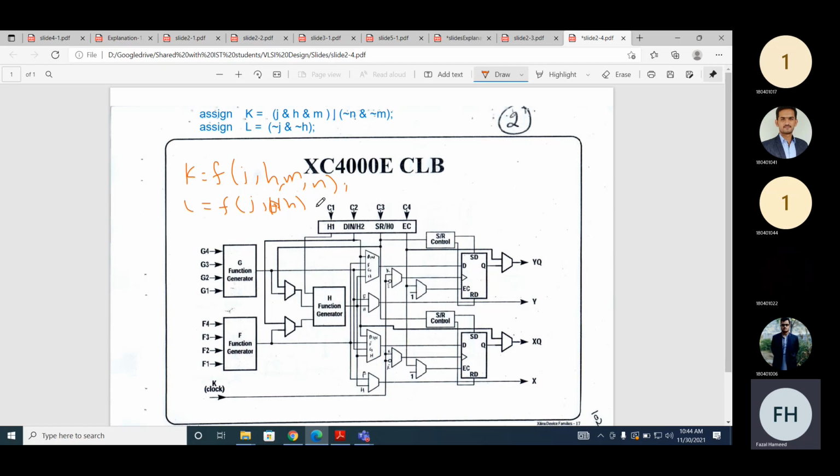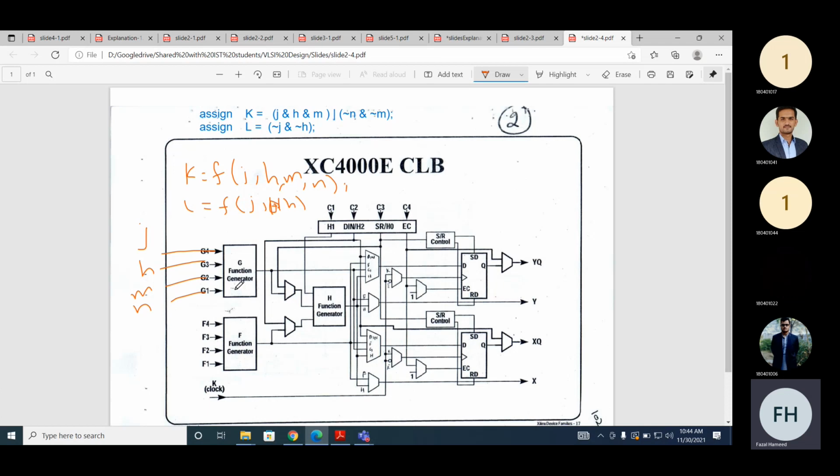Combination function. So actually, can we do it like this? J is here, H is here, M here, N is here, and now we populate the lookup table accordingly, whatever the logical 1 or logical 0. This lookup table will have 16 locations, and we can populate it based on the values.